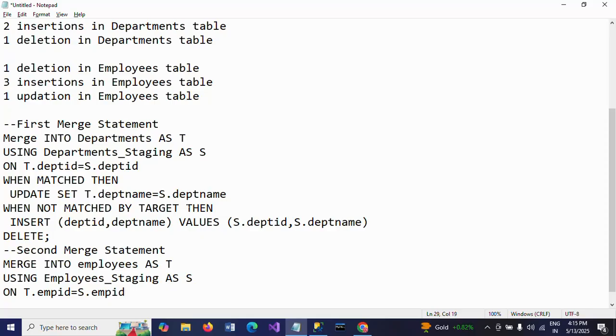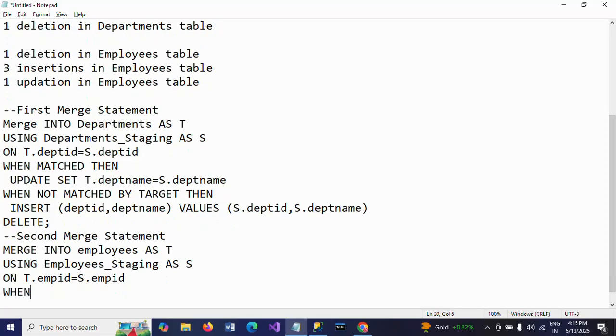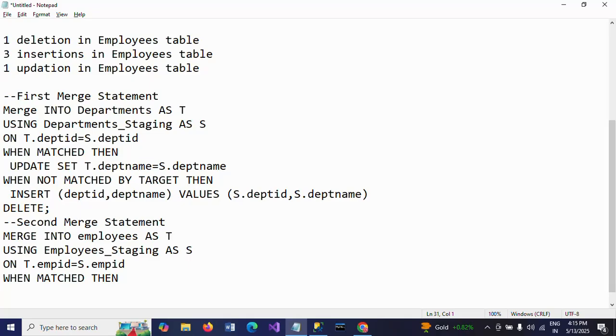This is the common column. Again you can write when matched, then you need to write update statement. Update set